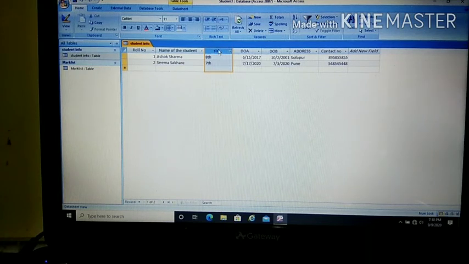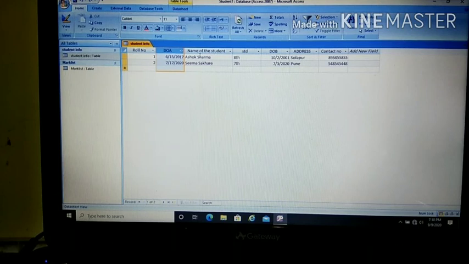Then moving a field and moving through records. Now we'll see how to move a field from one place to another. How to do that? You just have to drag, and your field will be moved from one place to another. Can you see? The standard is placed from this place to this place, right? Suppose I want to place this here. What you have to do is just drag that field from one place to another, and then you can change the place of that particular field.